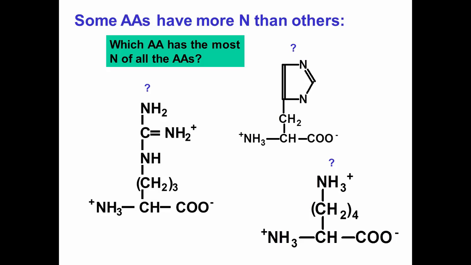Anybody remember this one? Arginine. Awesome. Very good. So arginine, I'm going to click through here to give you the labels. Arginine is the most that we have, 3 nitrogens. So you can imagine if you have a protein that has a lot of arginine, maybe it's also got a lot of lysine and histidine. 4. I'm so sorry. I was spacing. I thought it was more than 3. Histidine has 3. Arginine's got 4.